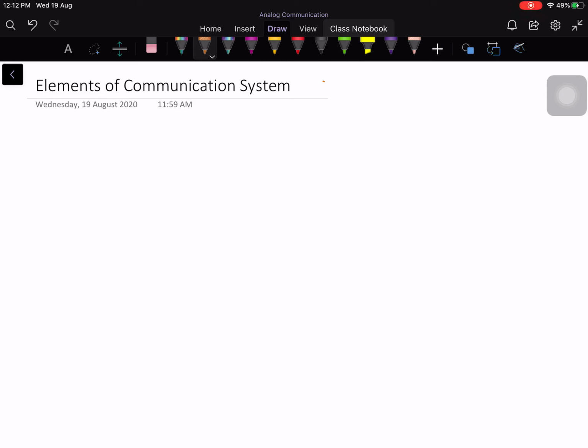In this lecture, I am going to talk about various elements of a communication system. A typical communication system starts with the concept of a source of information, which outputs the information of interest which you want to send somewhere. Typically this information will first have to be converted into an electrical signal through an appropriate transducer.